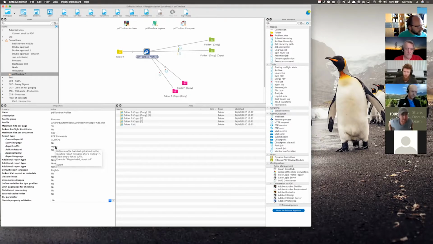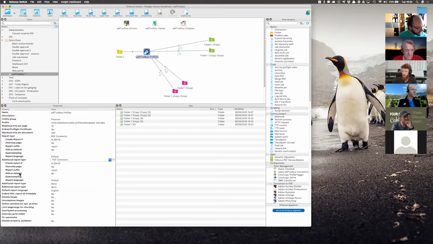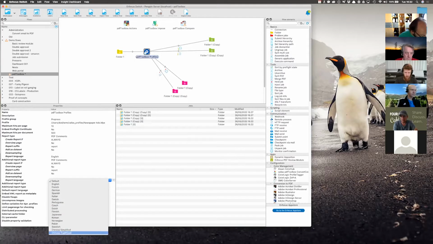So some other things that can be useful. First of all, you can generate multiple reports. This is also possible on the command line. So I can specify up to 1, 2, 3, 4 different reports. This could be different types of reports, for example, a comment report and an XML report. But it can also be as simple as I want an English report and I want a